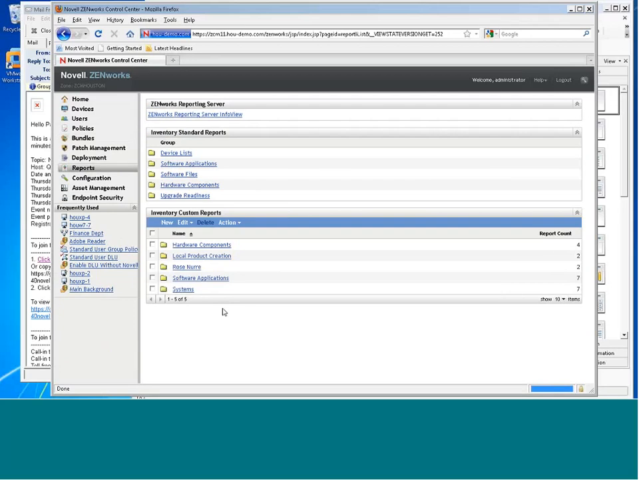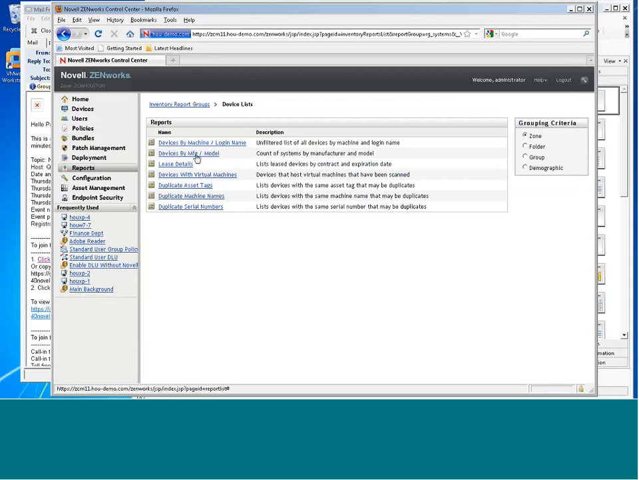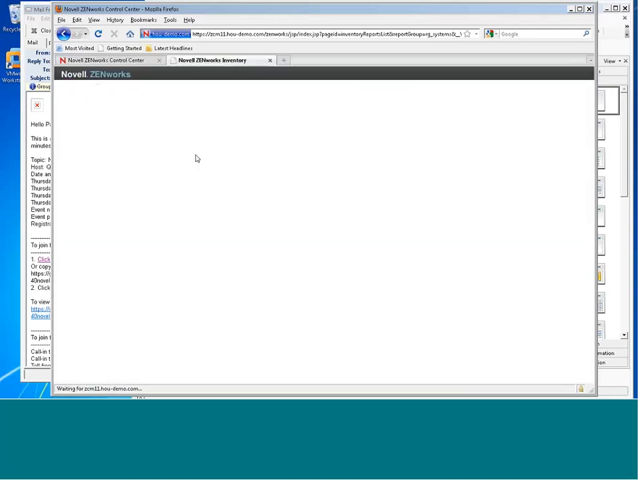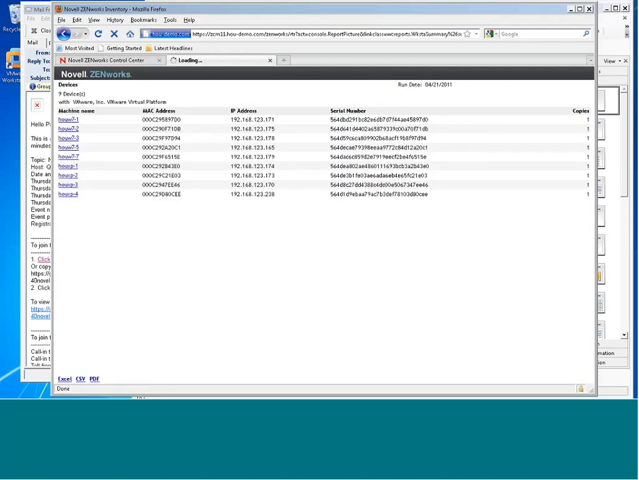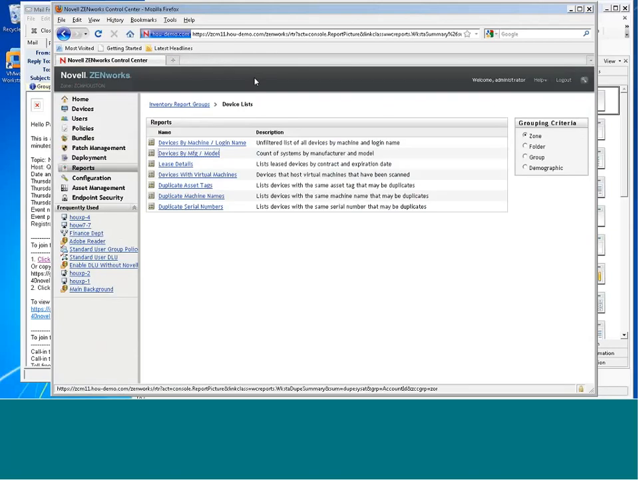Now, if I move quickly to reports, this is how I can quickly get a device list. This is an example of the canned reports, like give me a quick rundown on all my devices by manufacturer and model. Mine aren't very interesting because they all happen to be VMs. But again, I can click on that 9. There's those, and I can export this out as I need to. We can look at